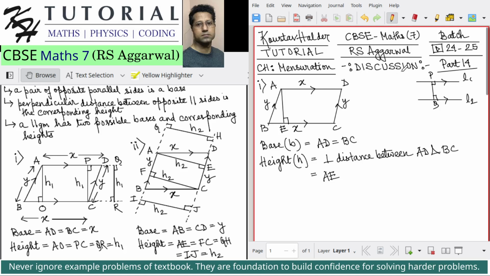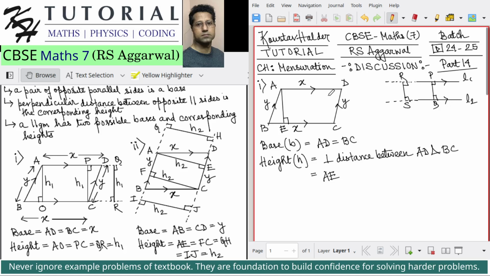For example, if I extend the lines L1 and L2, I can have here, let's say, RS, this line RS, which is drawn perpendicular to the lines L1 and L2. RS will also be the perpendicular distance between the lines L1